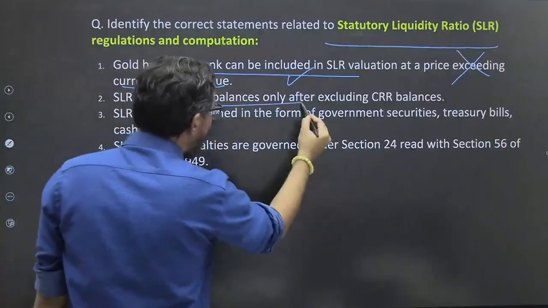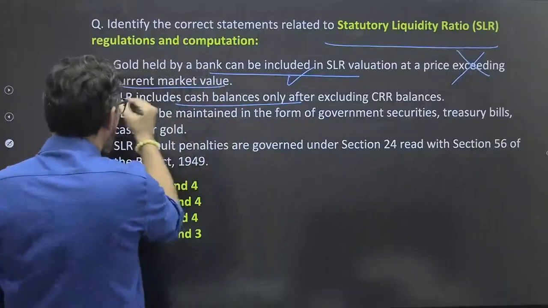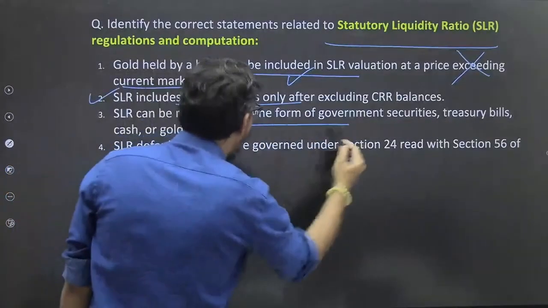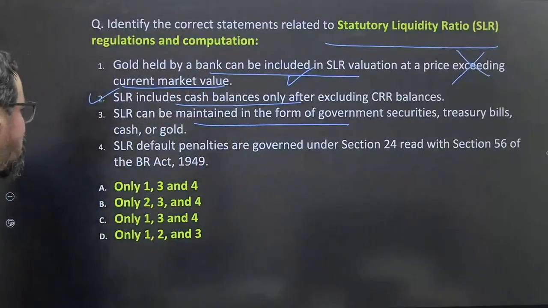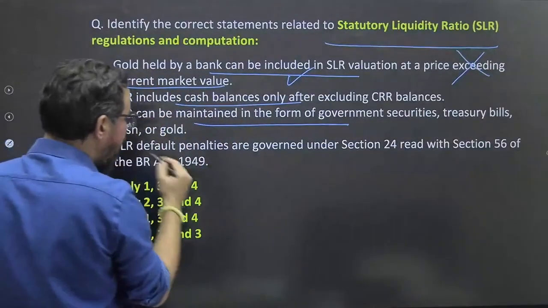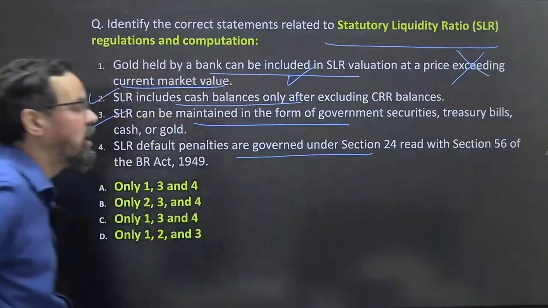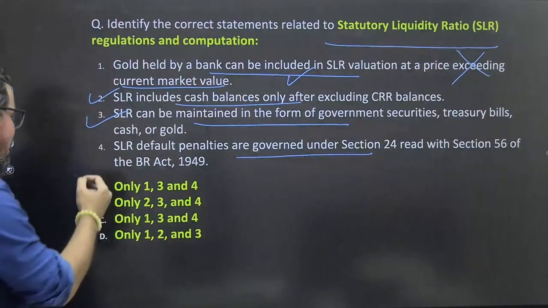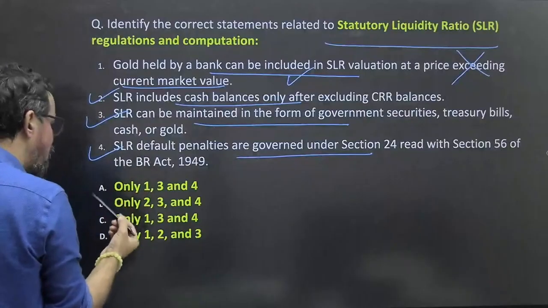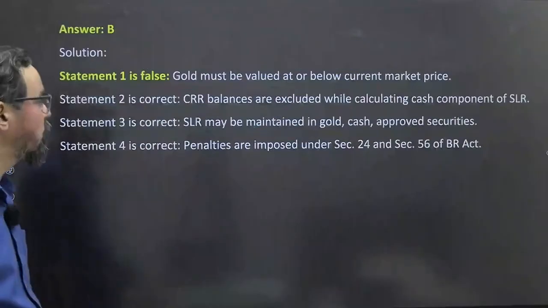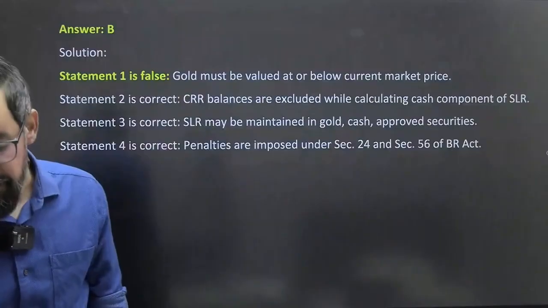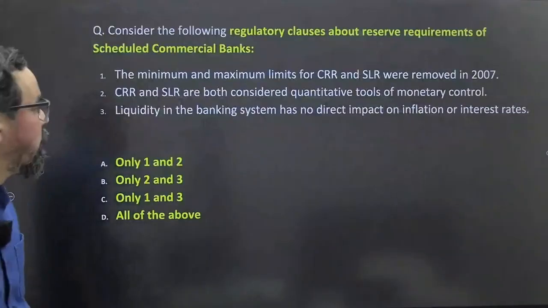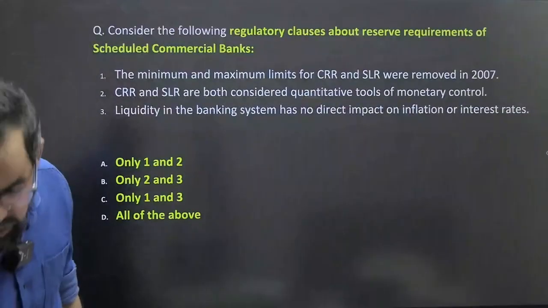SLR includes cash balances only after excluding CRR. SLR can be maintained in the form of government securities, treasury bill, cash, gold. SLR default penalties are governed under section 24 with section 50, read with section 56 of the BR Act 1956 49, that is also correct. So 234 means B should be right answer for this particular one. Correct है, B will be right answer for this one. Very good. कौन है हमारे संतोष सर. ठीक है,